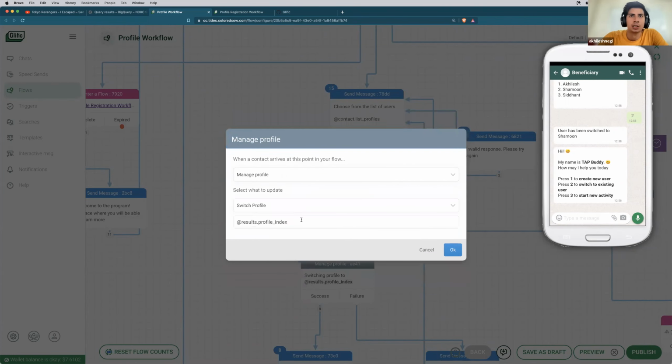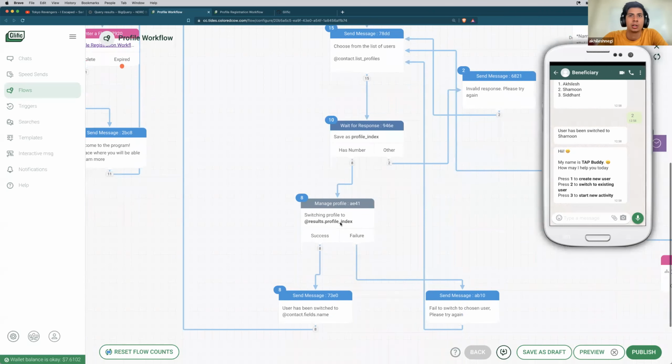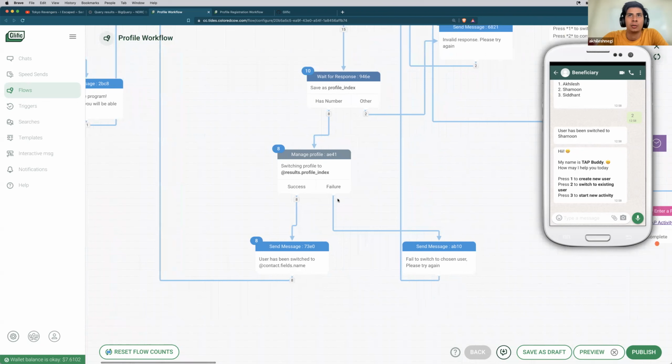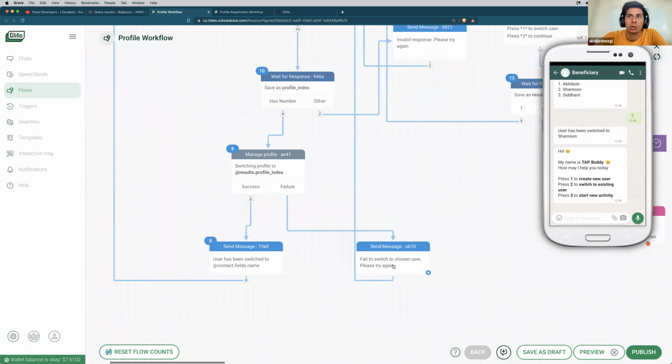So here we'll just pass its value and the profile will be switched. If the profile is switched, it will send this message that the user has been switched to @contact.fields.name, which will be the name of the profile basically. And if it fails, it will send, okay, failed to switch the user, please try again. So if I walk you through that node,